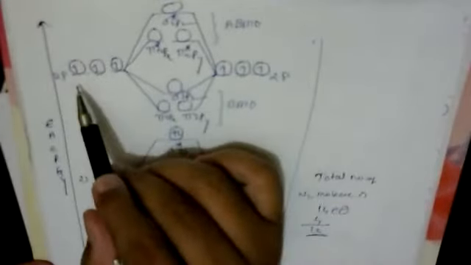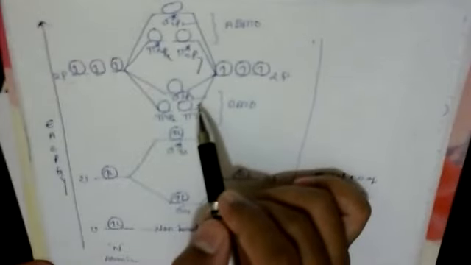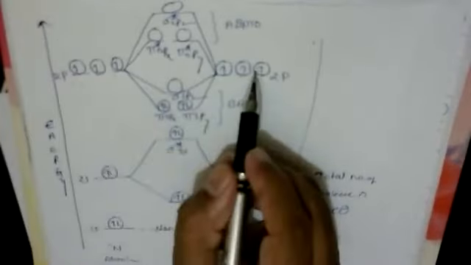Then next, how will the electrons fill up in the p orbitals? These 3 plus 3 is equal to 6 electrons you can fill up in the molecular orbital energy level diagram. In the same energy level orbitals, you fill one electron each first. Then the remaining electrons you can fill up in these orbitals. The 3 plus 3 is equal to 6.